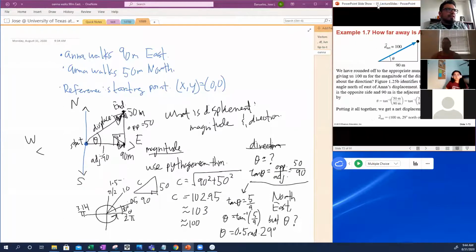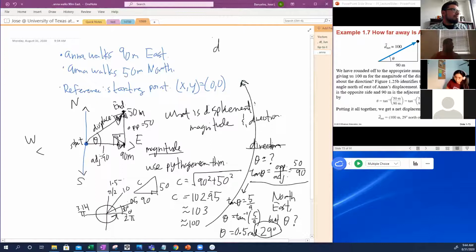And when you look at the next slides here, when they calculated theta, we did inverse tangent of 5 over 9 gives you 29. So we got an angle of 29. The next question is, well, how do you report this? You can't just say 100 meters and then 29 degrees. People need to know, well, what direction, right? So the correct way of stating this answer, and I'll just put a big arrow going up here, is going to be that the displacement is going to be 100 meters and it's gonna be 29 degrees north